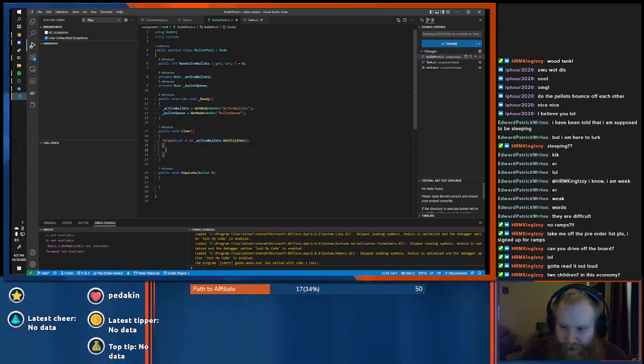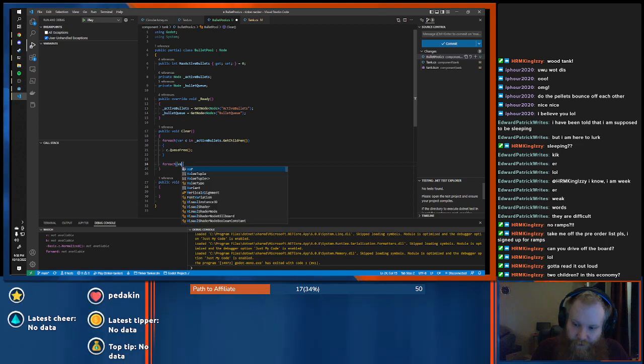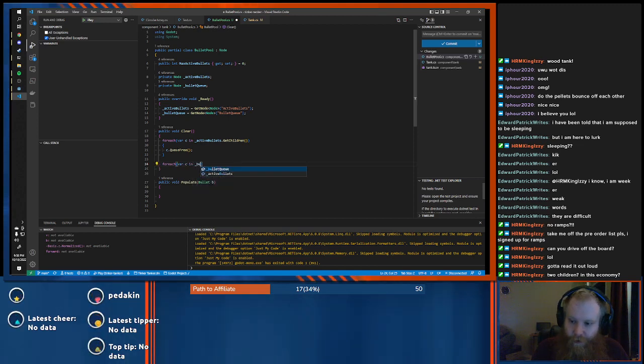What is c in this? Just a node. Okay. We can do c.queueFree. That way it's not deleted right away and breaks everything. It still might break. We're gonna have to give it a try. And then we'll do the same for the other ones. For each var c in bullet queue children, we're gonna queue free on that as well.